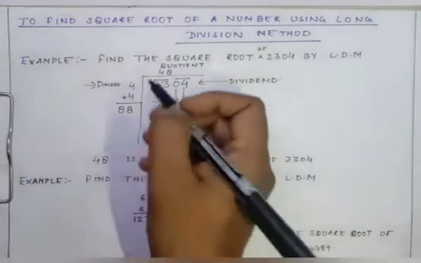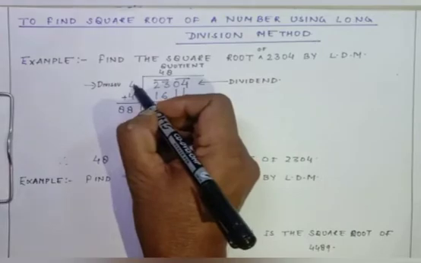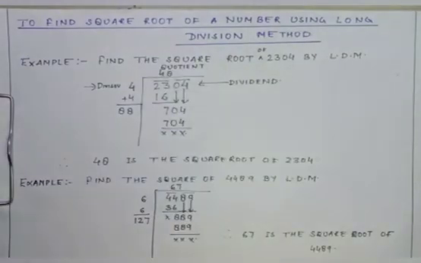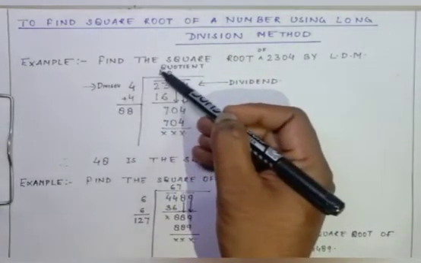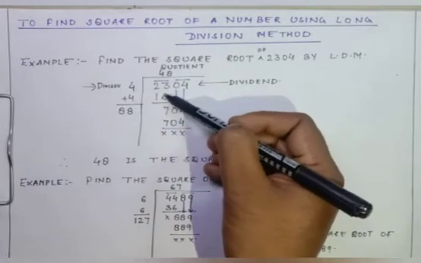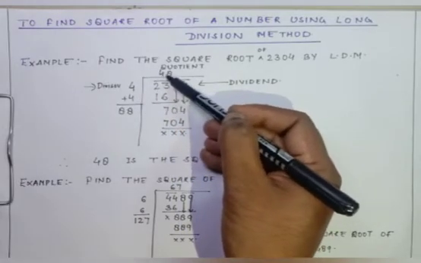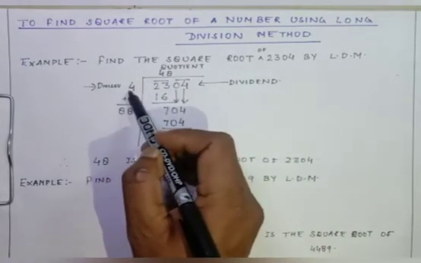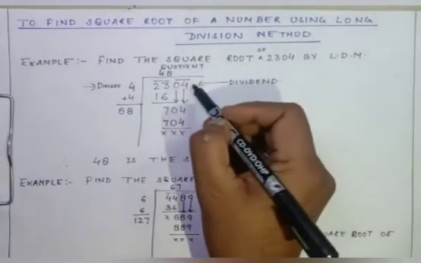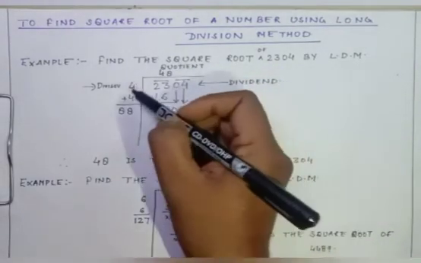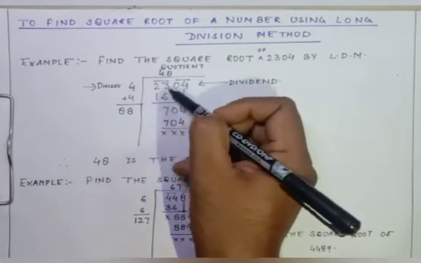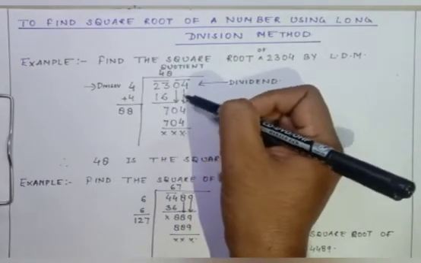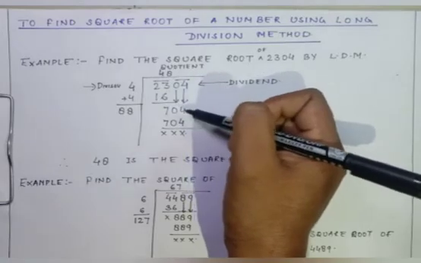Now I am going to take a number over here and here, the same number. When we multiply these two numbers, the product is either equal to 23 or it comes less than 23. Most of you know that this is called the divisor, this is called the quotient, and this is called the dividend. So over here if I take 4, 4 4s are 16, what is left? 7. Now again I am going to bring both the numbers down together. Now the number becomes 704.